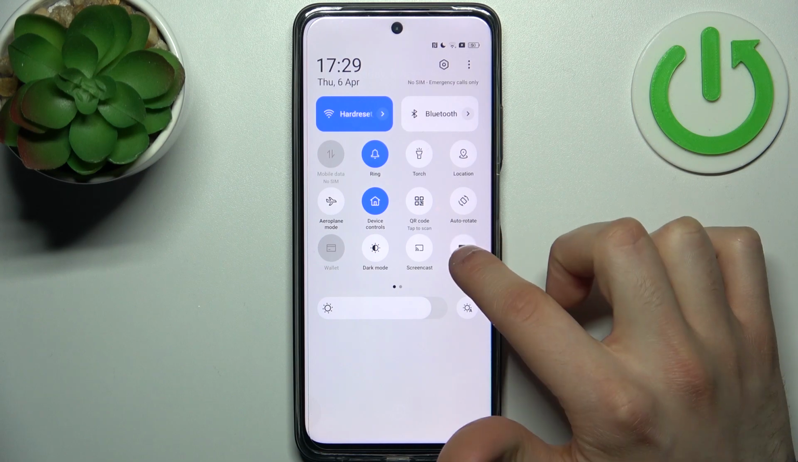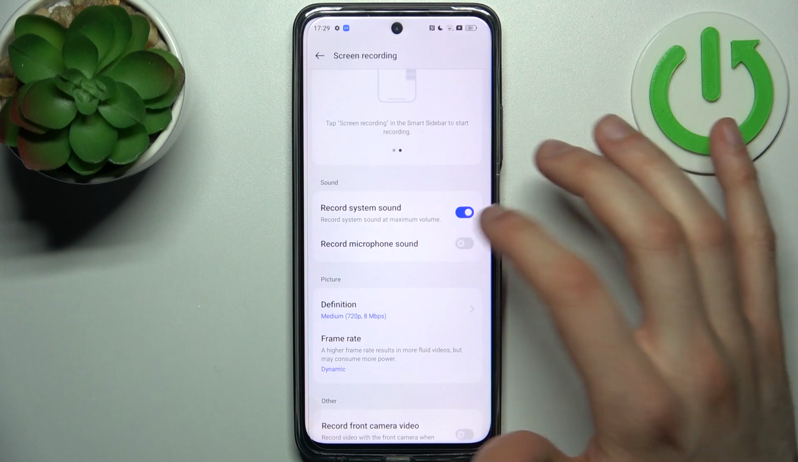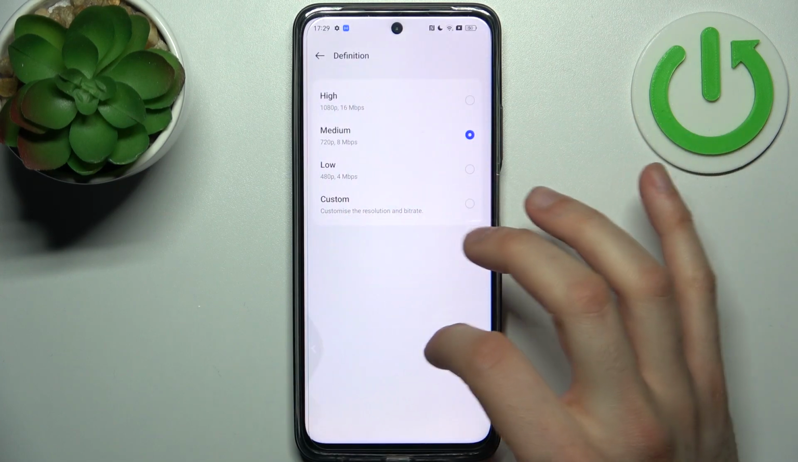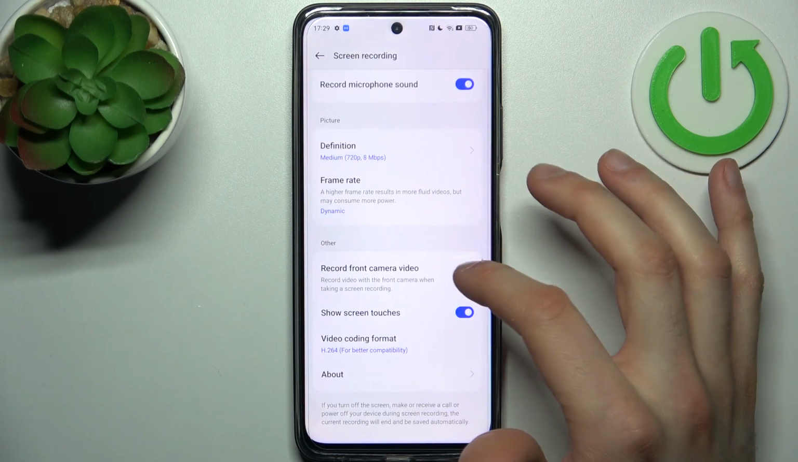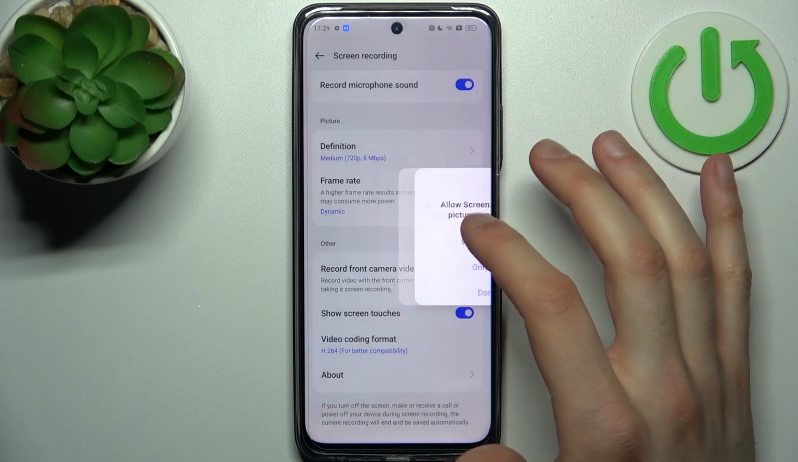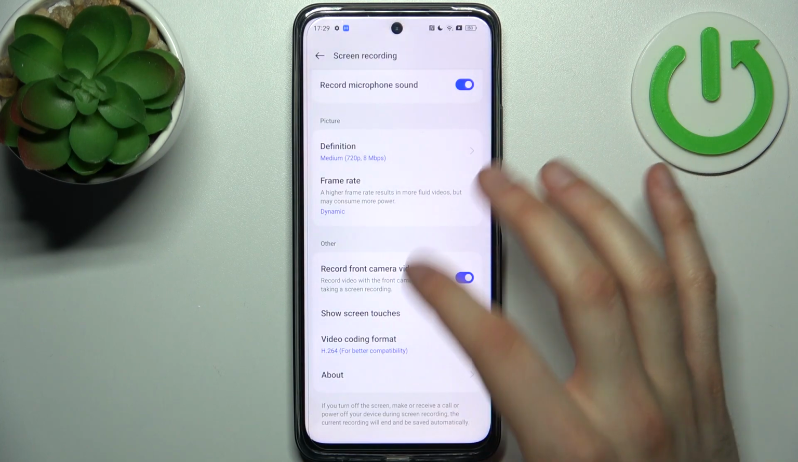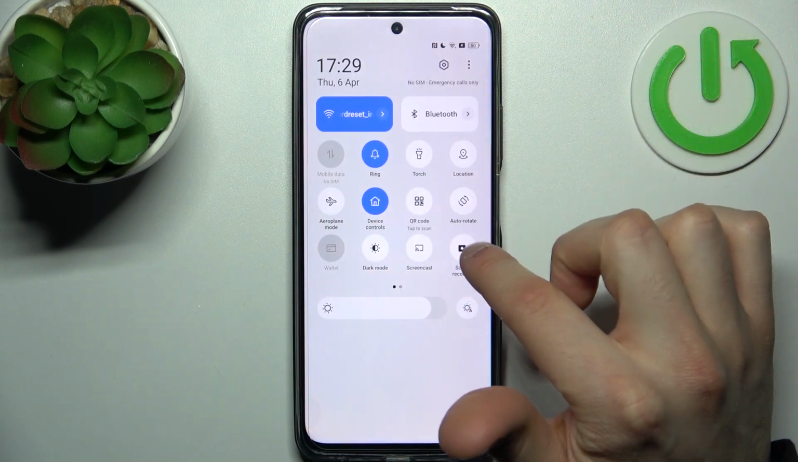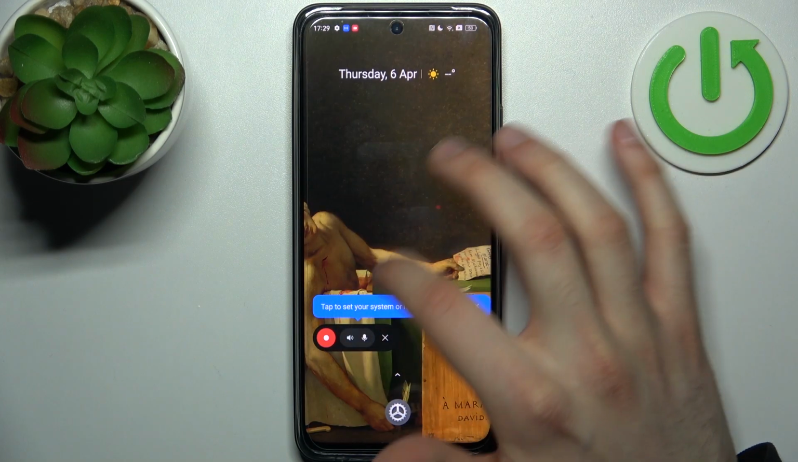By holding your finger on this button, you can access some of its settings. For example, you can record system sounds, you can record microphone sounds, you can change video definition, you can change video frame rate, you can also record front camera video, you can show screen touches, you can select video coding format, and yeah. So to start recording, just tap on this button once, and after that this kind of menu